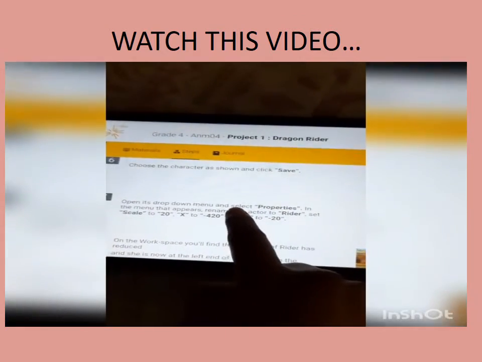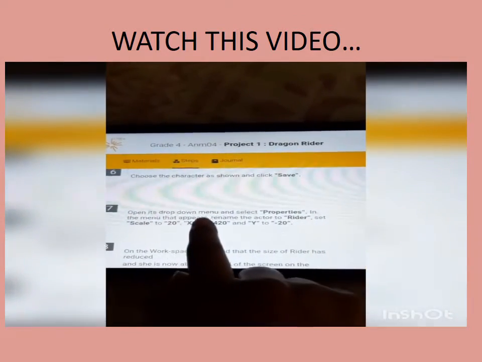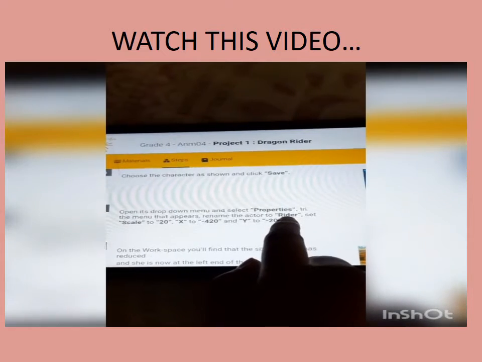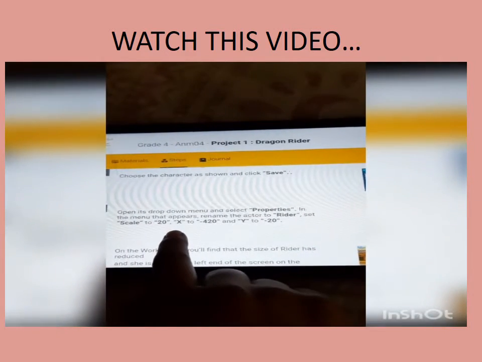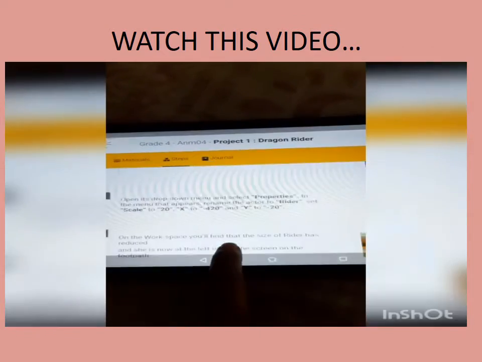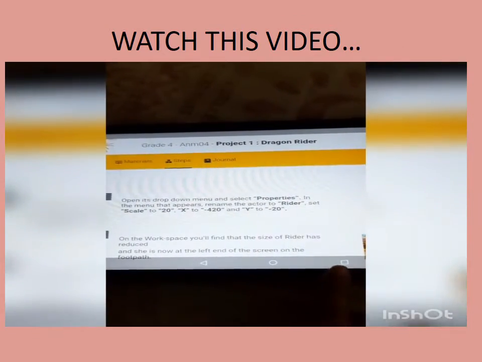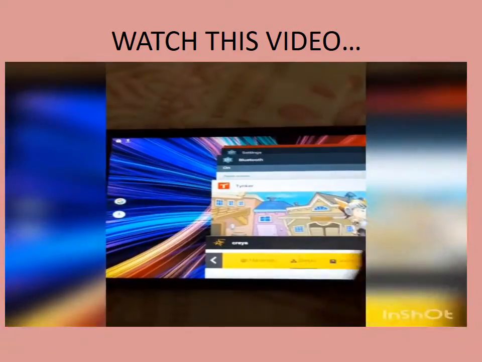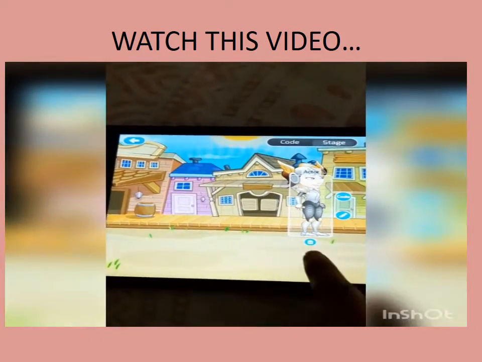Next step is open its drop down menu and select properties. In that menu, it appears rename the actor to rider, set scale to 20, x to -420 and y to -20. So we can change the shape and size of the character